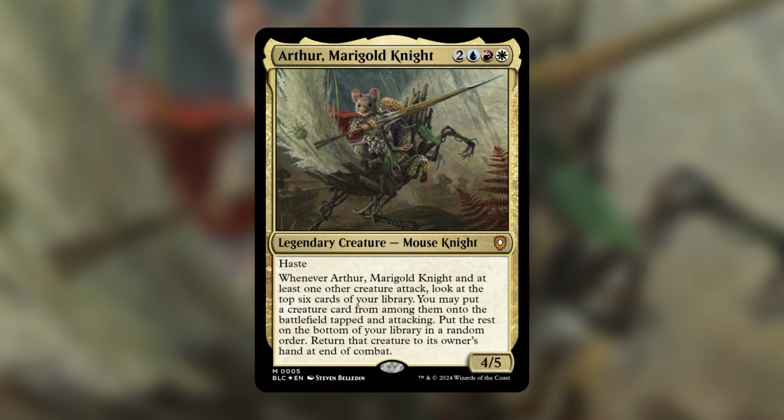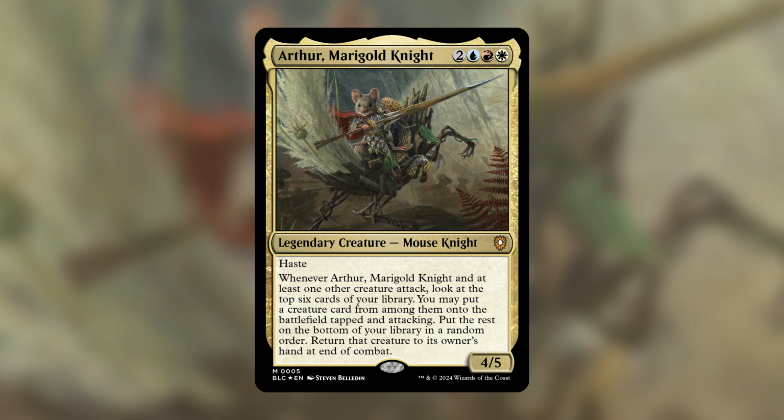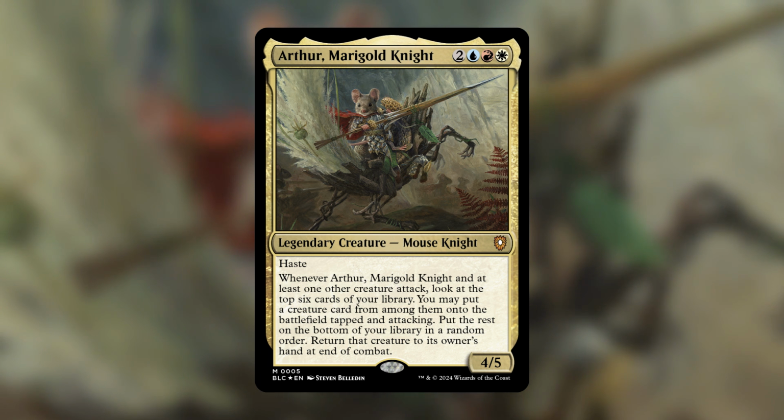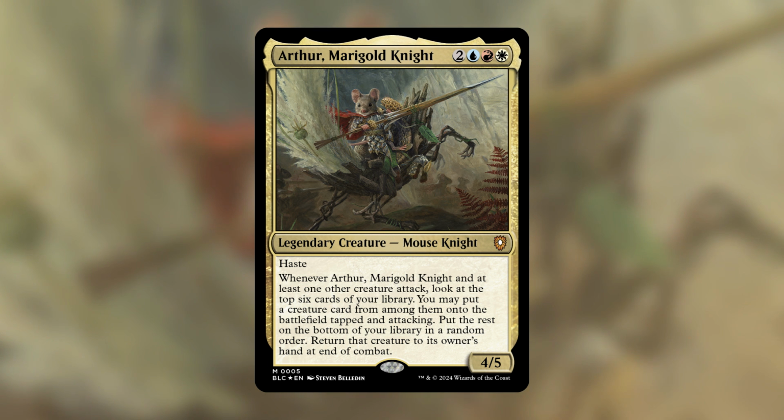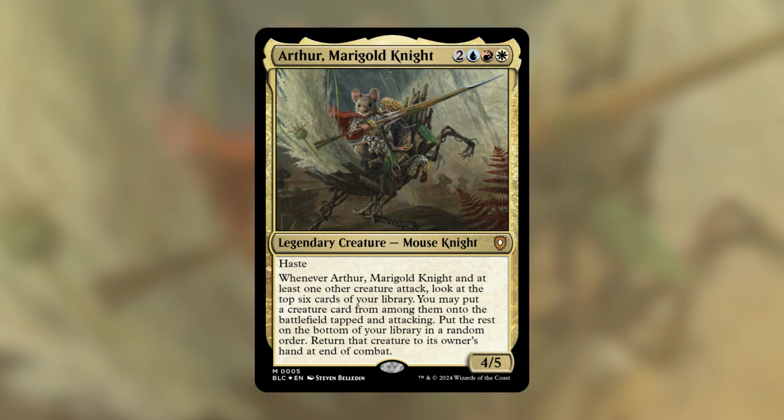So obviously the most important part about this is the fact that it does have haste because it does have an attack trigger. Obviously you need another creature to swing in with Arthur so that you can get that extra creature on the battlefield swinging. But I do like how it has no other restriction. You look at the top 6 cards of your library and whatever creature you do find,